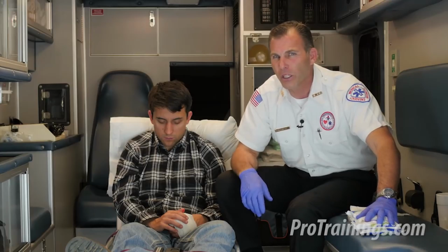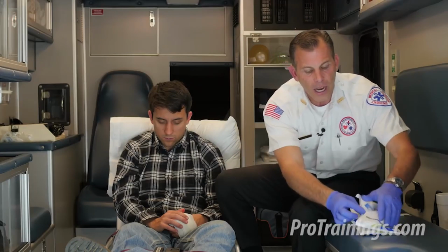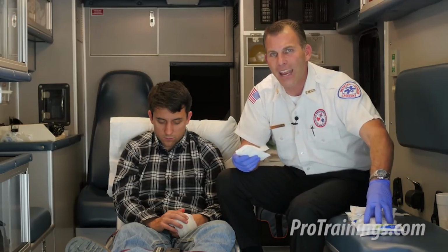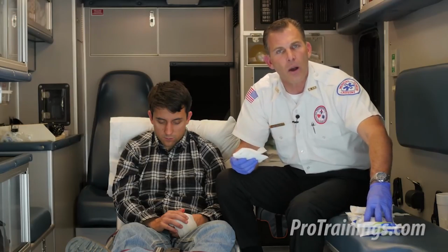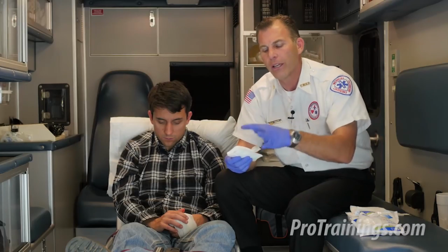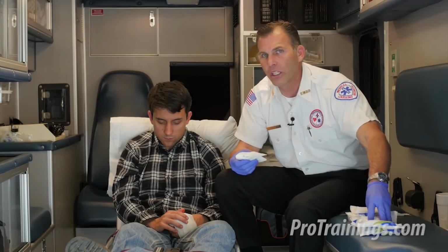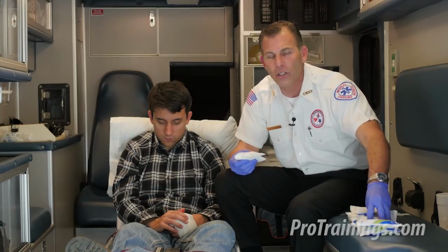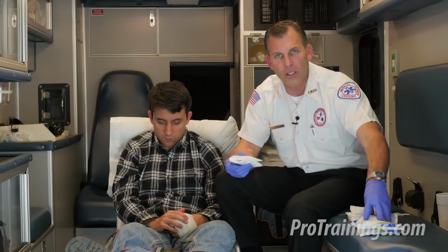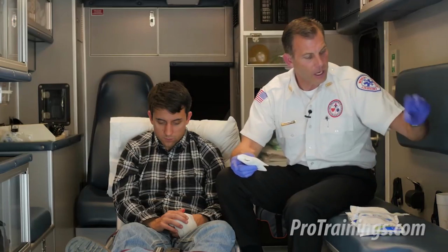Cold packs aren't such a big concern because they're not really up to that freezing level, but I do want the tissue to be protected from getting damaged through frostbite. Think about frostbite with an attached limb that has warm blood flowing through it. This little piece does not have blood flowing through it, and so its ability to freeze is actually much faster than if it was still attached to the patient. So I'm insulating it from cold damage, and if I don't keep it cool between cold packs, I have another